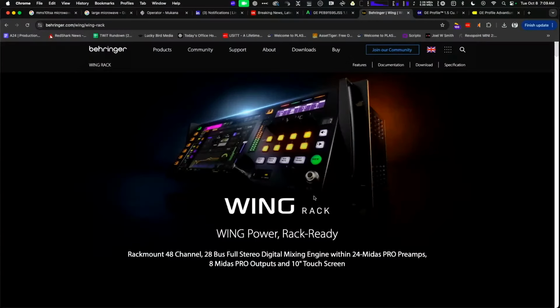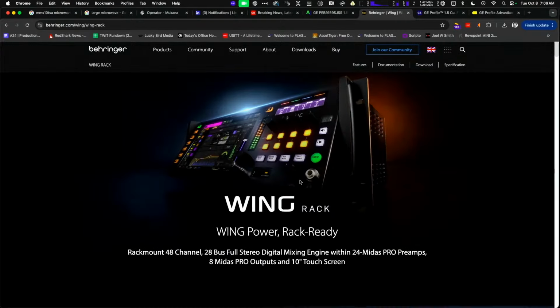I will say that the new X32, the Wing Rack, let me pull it up for you here. We were looking at it last night because I think when he said today, he meant yesterday. This is the new Wing. So this is their update. They haven't updated the X32, I think, in, I don't know, 15 years, something like that. So they finally came around to doing it.